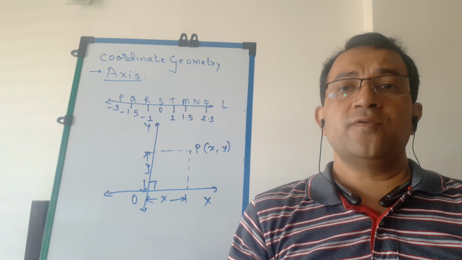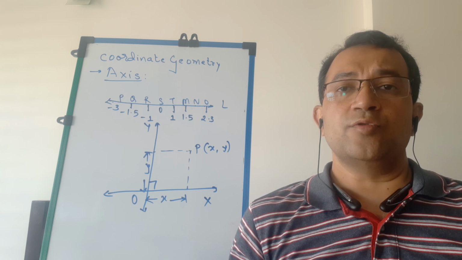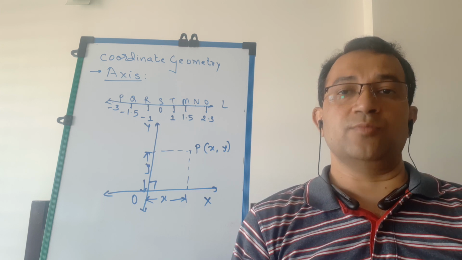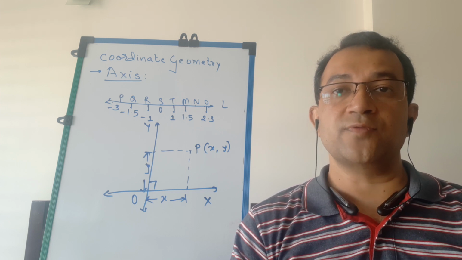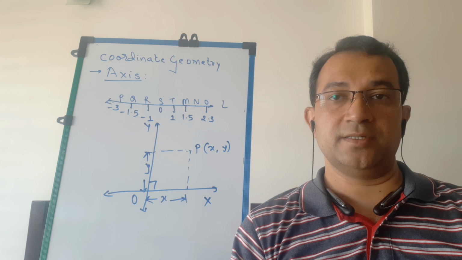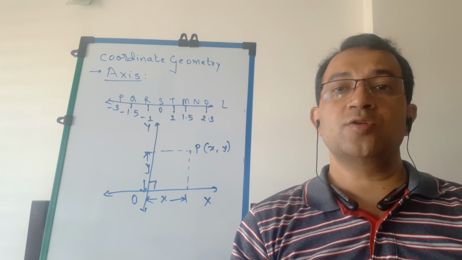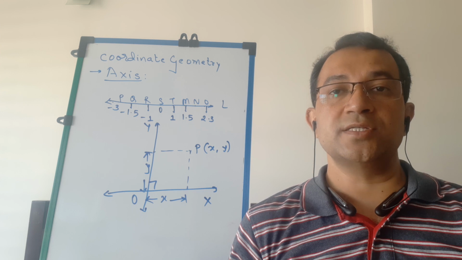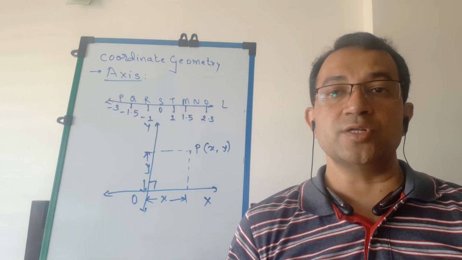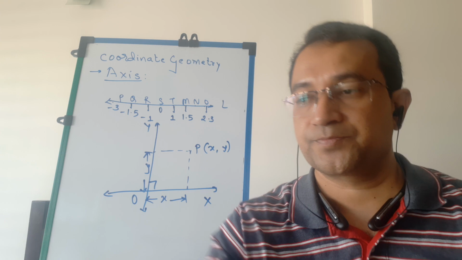Now students, the first and basic aspect of coordinate geometry is the distance formula. And I suppose all of you are familiar with the distance formula. You have studied it in your 10th standard. So if I want to calculate the distance between any two given points, then I have to use the distance formula. Let us summarize, students. What is the distance formula?